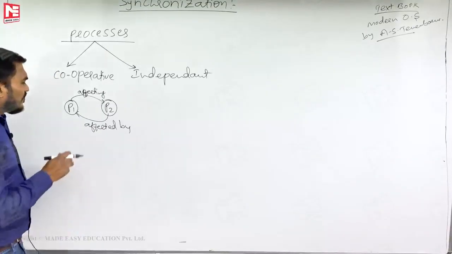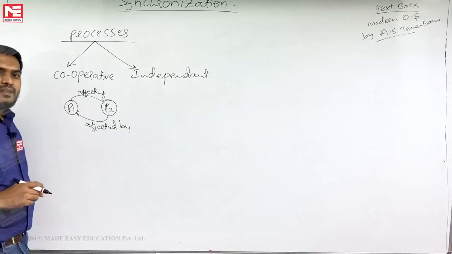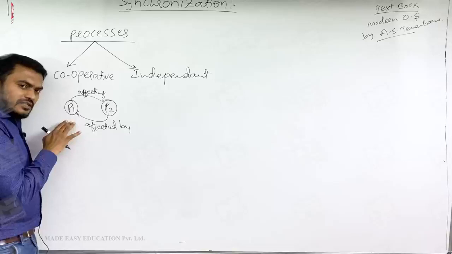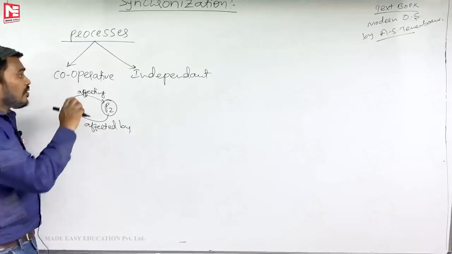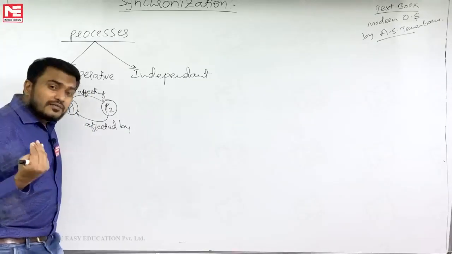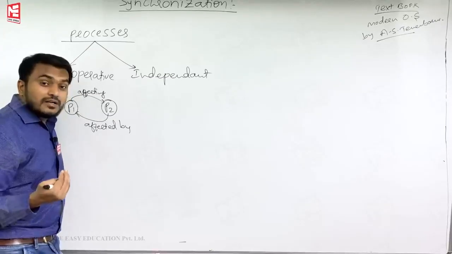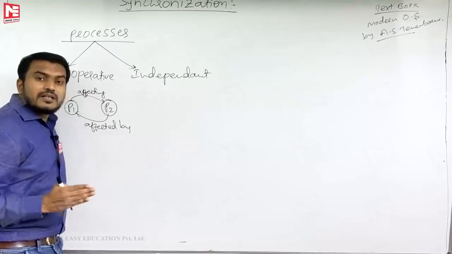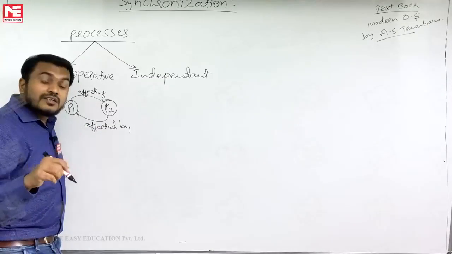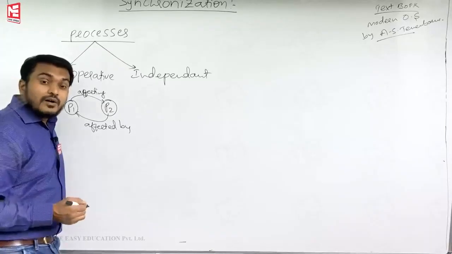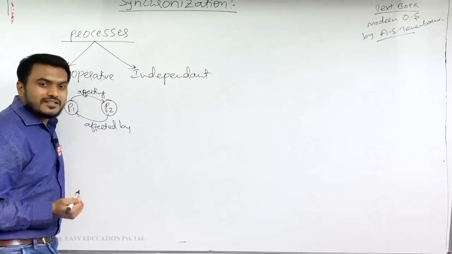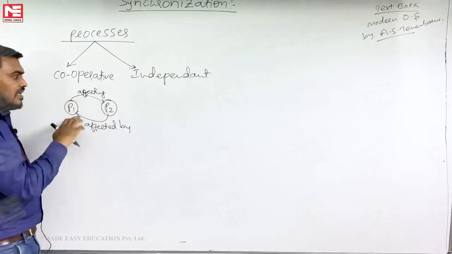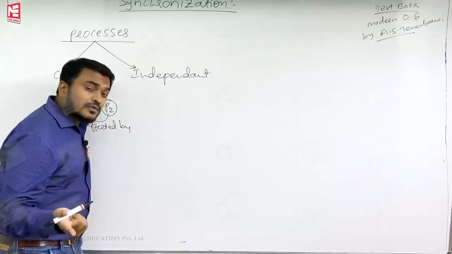Okay. Now listen here. Why will this kind of affection be there? It means P1's execution is affecting P2 and P2's execution is affecting P1. So in that case they are said to be cooperative processes. If you logically observe, that kind of affection will be there when you have a common shared resource, common shared data. Is that clear? So if you have that kind of affection, they are said to be cooperative processes. Otherwise they are said to be